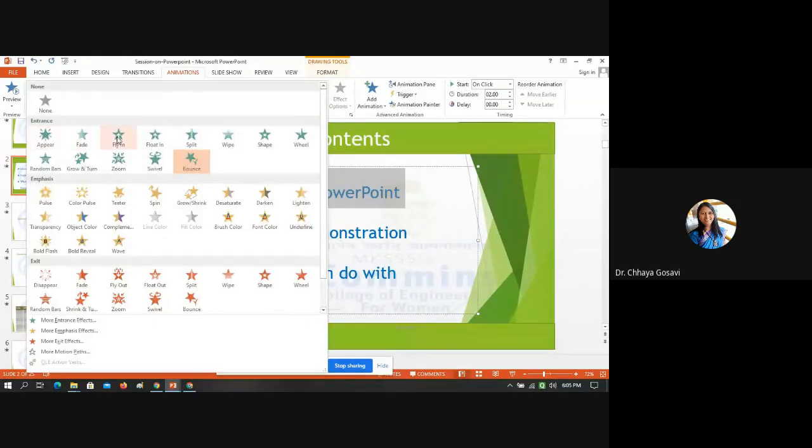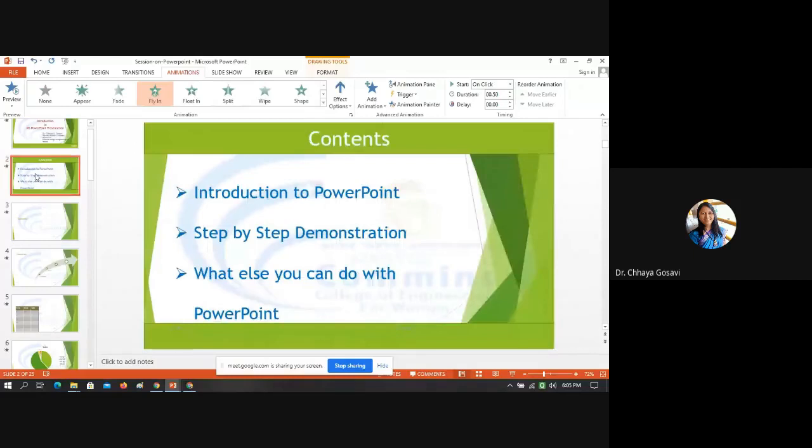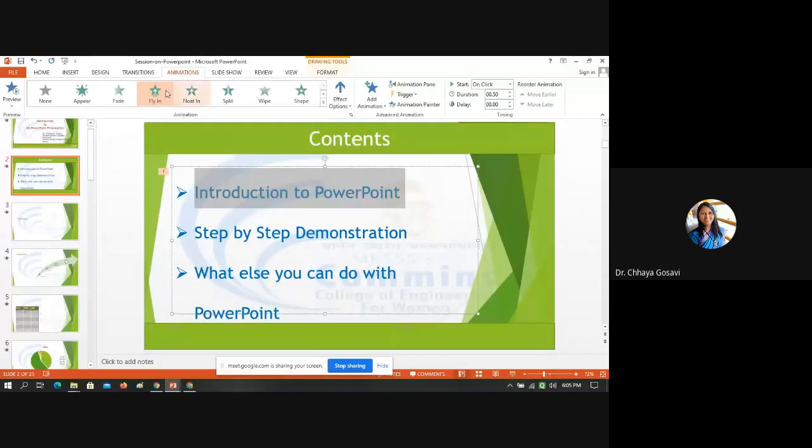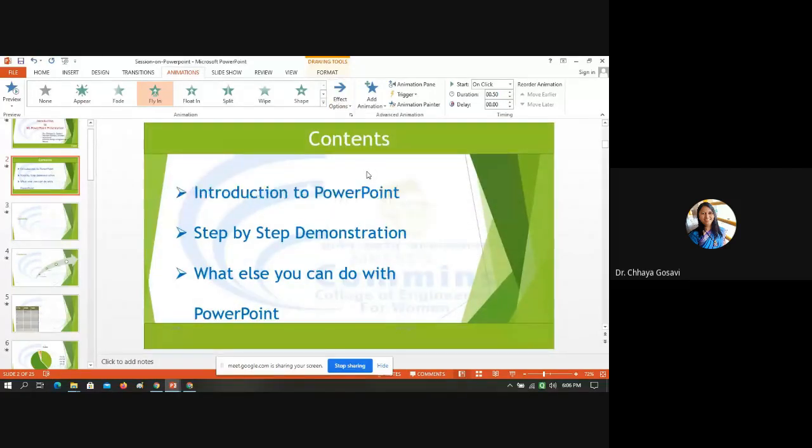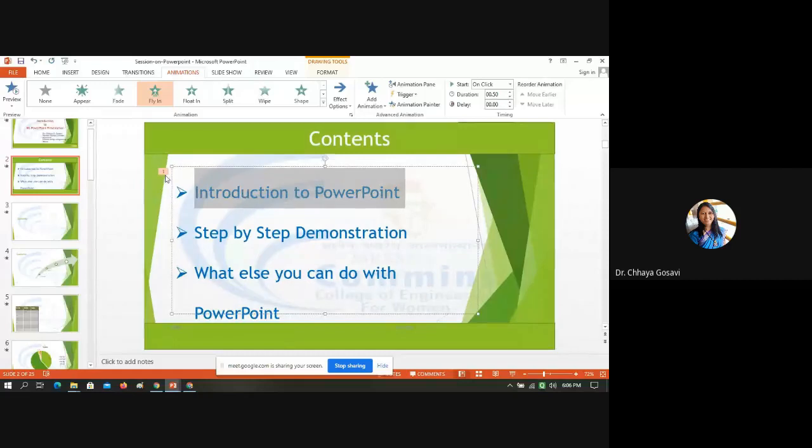Suppose I want it to fly in, but from the left-hand side. When you click here, there are effect options available. Here there are directions, from bottom left, or from top left, etc. So I want it to enter from left like this. And you can see here one. So this is the animation.